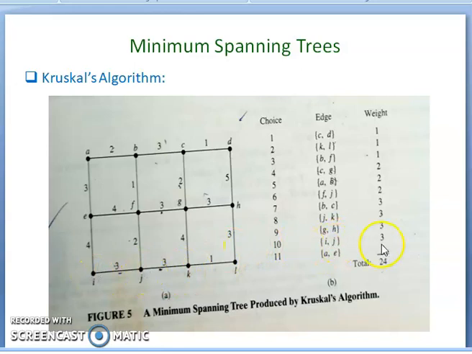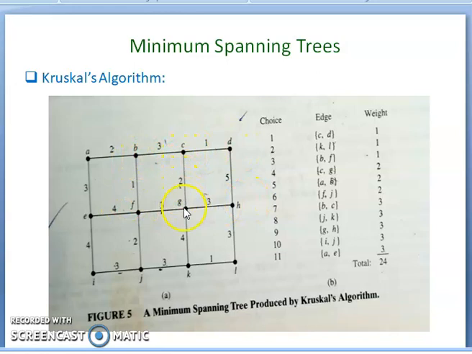IJ is considered, that is 3, and AE is considered. So hence you visited all vertices without any loop. That means this is considered, this is considered, this is considered, and HL is not considered. So this is considered, and